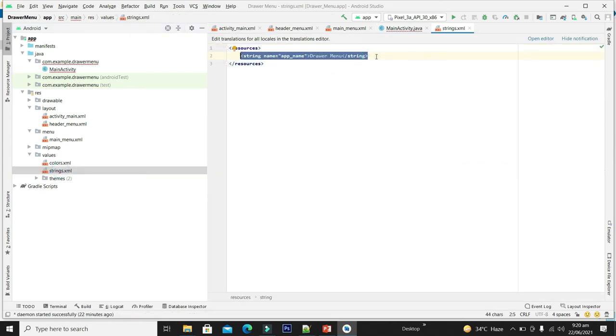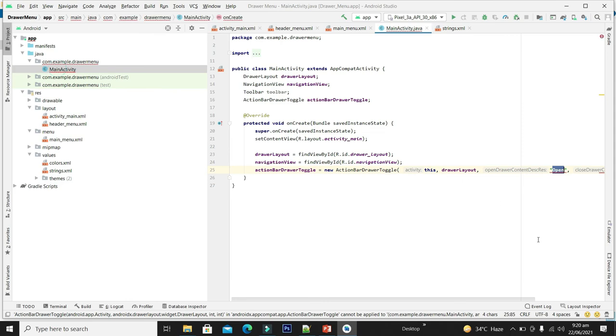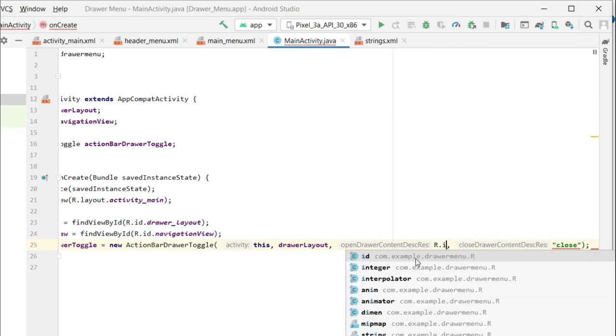Simply declare two strings for our open and close menu. Simply write its name and write the string. Now simply replace this open with the string value.